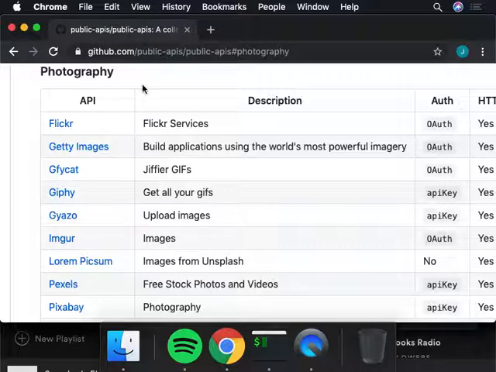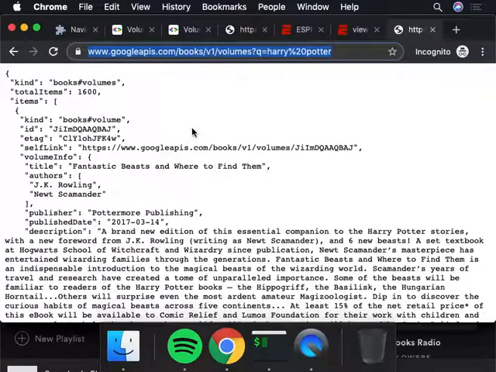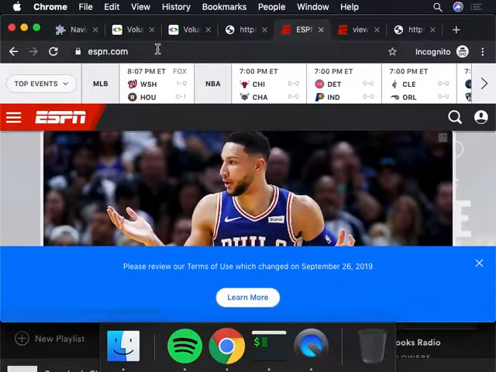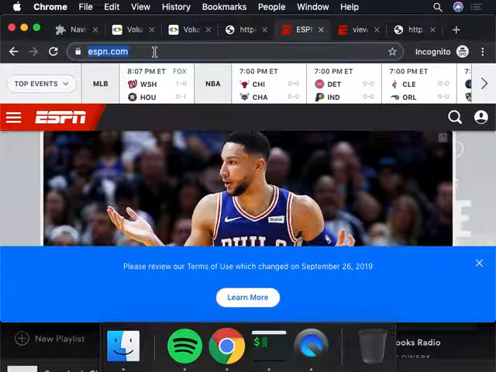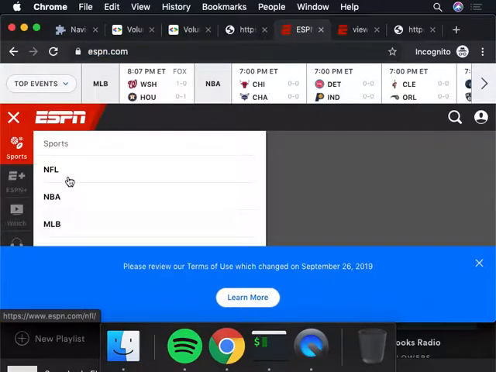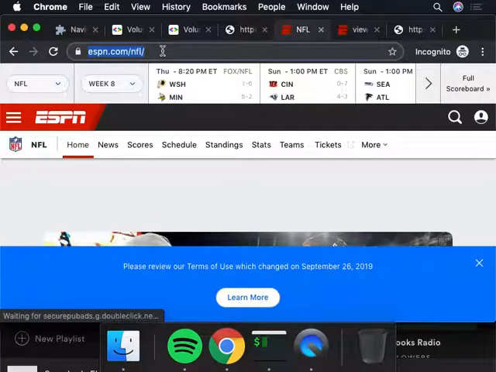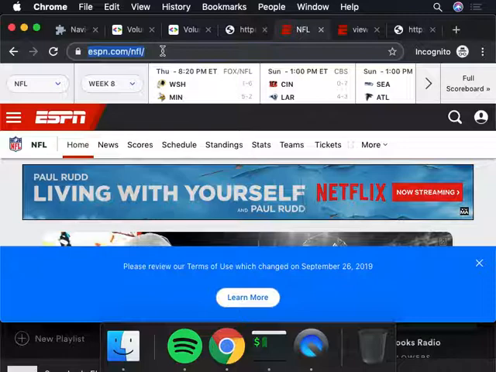So what you might think is, oh man, now I have to learn like 1,000 APIs, which is not true, right? Instead, like the entire internet is organized in a specific way. So that's what I want to show you guys now, how the internet is organized. So I'm going to ESPN.com, right? And the next thing I'm going to do is click on NFL, and you can see that when I did that, my URL changed from ESPN.com to ESPN.com/NFL, okay?